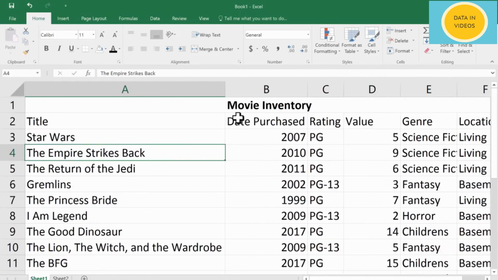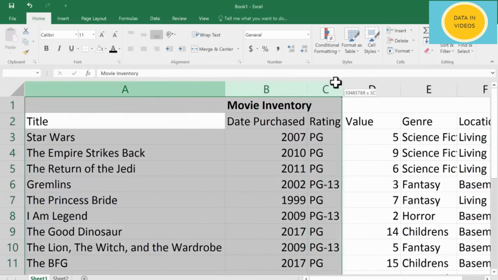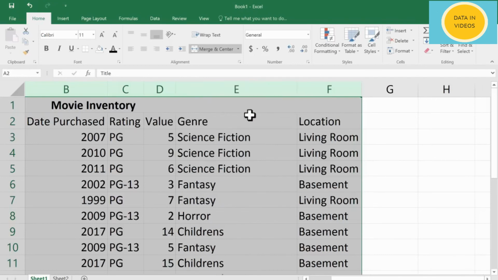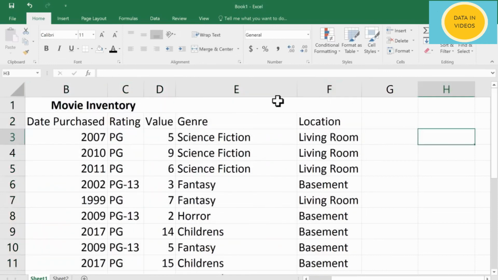Also we have one more option. Instead of double clicking between every single column, select all the data records to the end and double click between any two columns. Now it will automatically resize every column. It shows perfectly sized in each cell. So here our data is ready and it looks better than before.